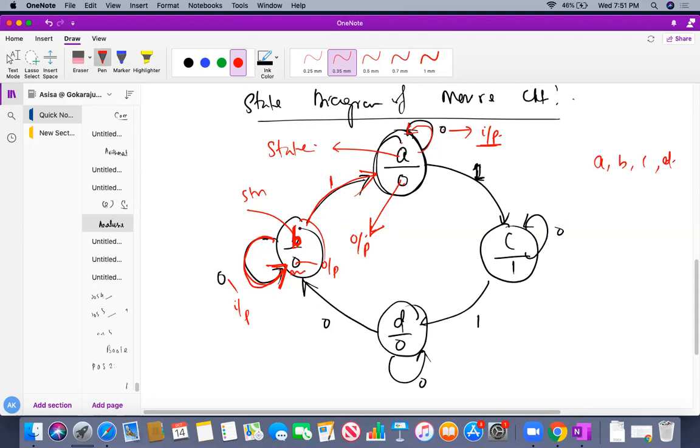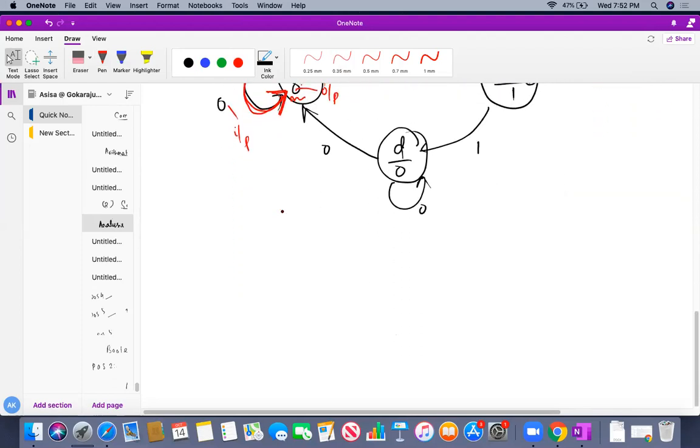Now if the input is 1, the state B of the flip flop is going to state A, and the output is 0 and input is 1 during that time. Okay, so do you all understand? This is the way you need to analyze. So this is called Mealy circuit.